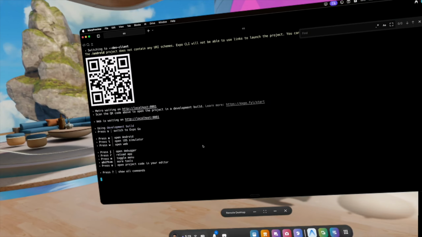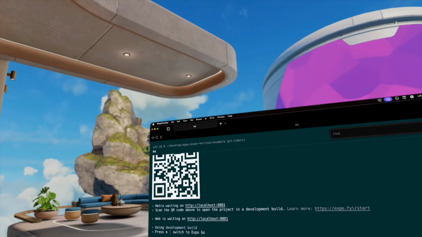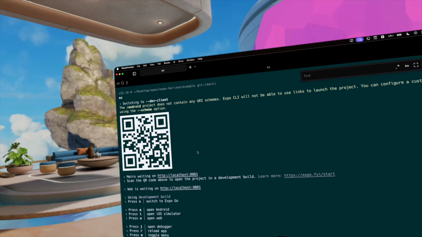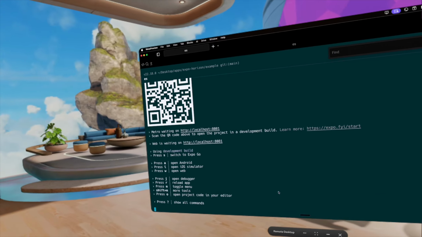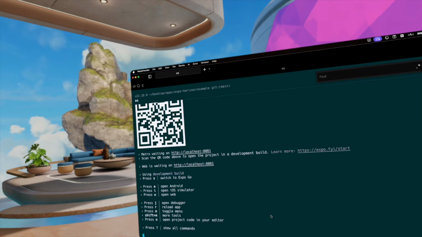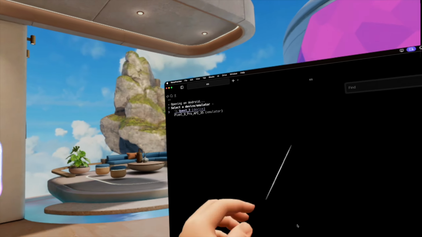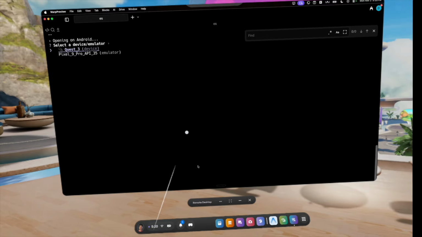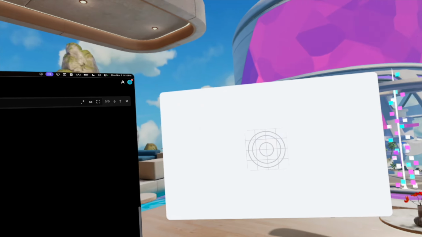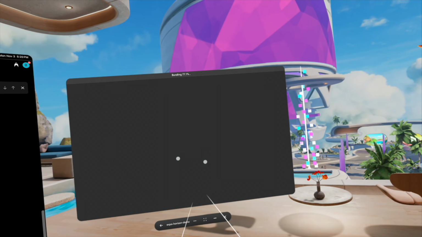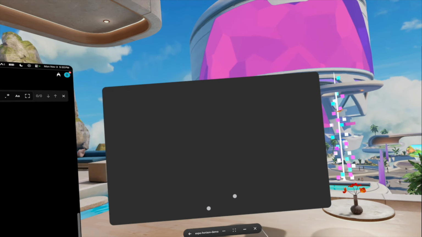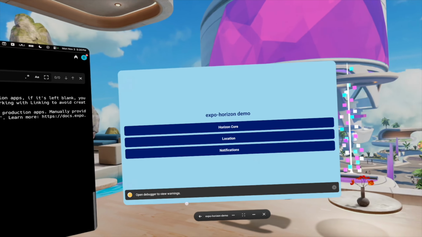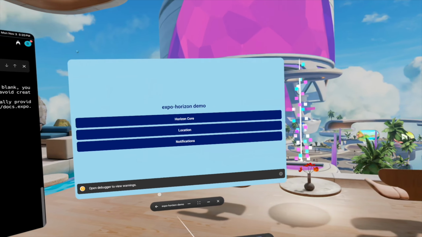And the next thing that I want to do is show you the example from the Expo Horizon example Git repo. So by the way, you can actually press Shift A, and this is going to ask you which device you want to run this application. So in this case, I'm going to select the Quest 3, hit enter. This is going to bring it here because I had it installed already. This is a development build. This is the example project that the team created for us. And from here, you can